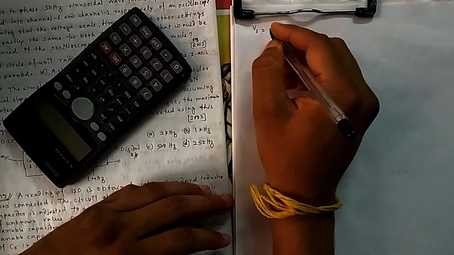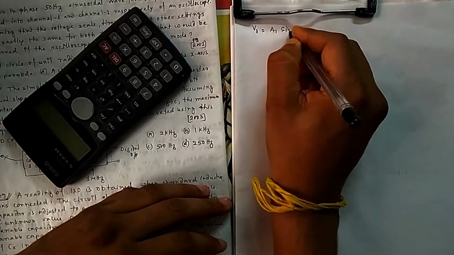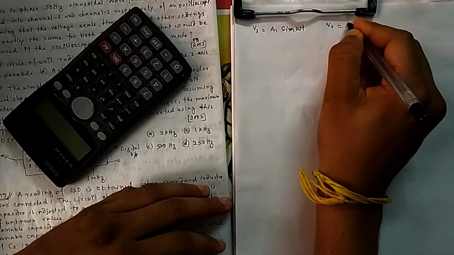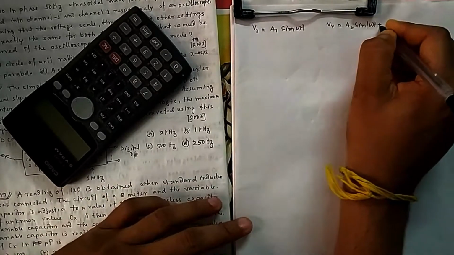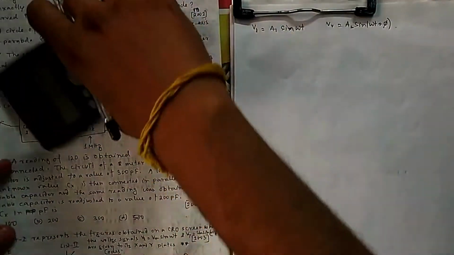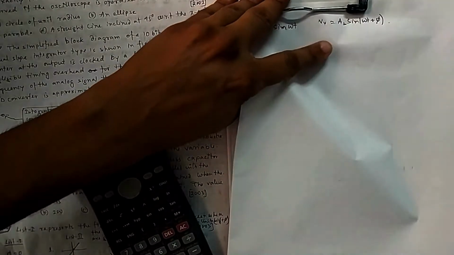So if it is Vx, let me take Vx equal to a1 sine omega t. This magnitude I am taking different, and Vy is equal to a2 sine omega t plus phi. So this is general. Here both magnitudes are same, Bm. So here the magnitude may be different also. Let us see what is the case. Now if you see the drawing, let's get what you are doing graphically.